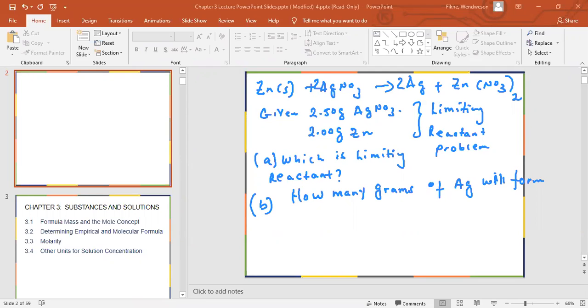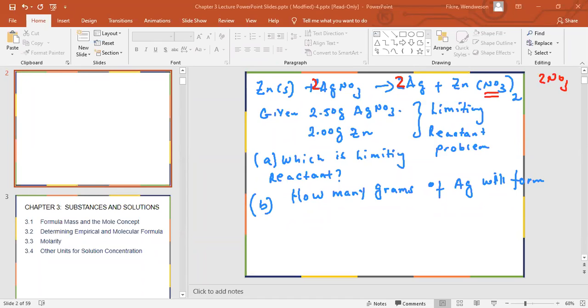Yes, because here we have 2 of the nitrate. So to balance that, we're going to add 2 here, to balance the entire nitrate. Okay, you have 2 nitrate here, and then you have to put a coefficient of 2 here. But by putting 2, you change the amount of silver to 2. So we have to put another 2 here. So that's how the equation is balanced. That's the very first thing that we need to do. Okay, that's the key part.